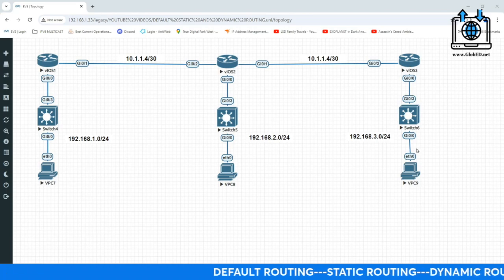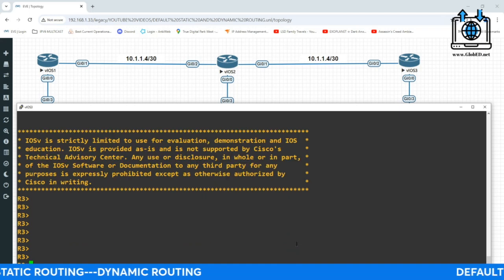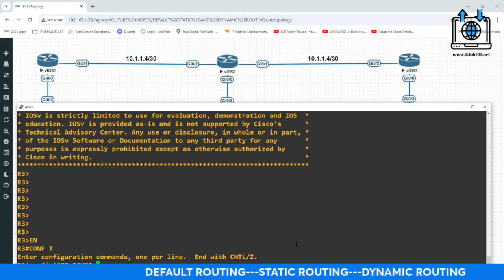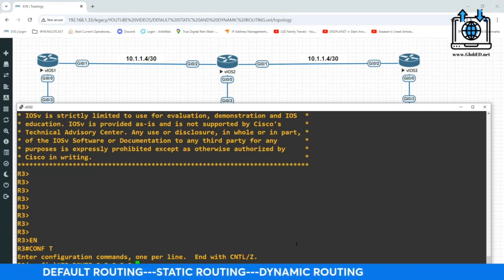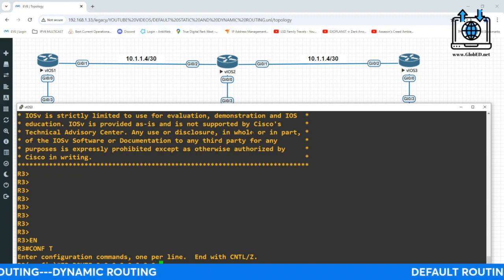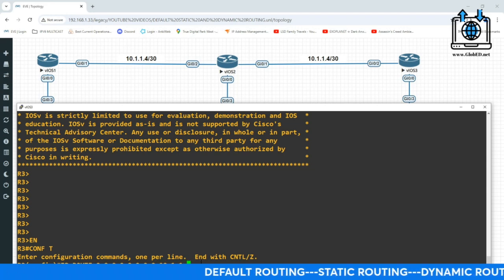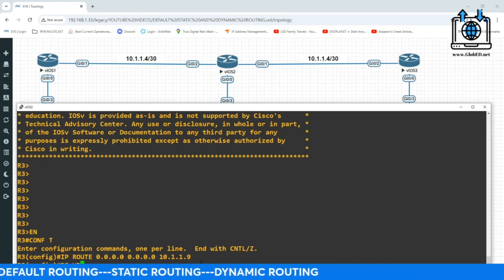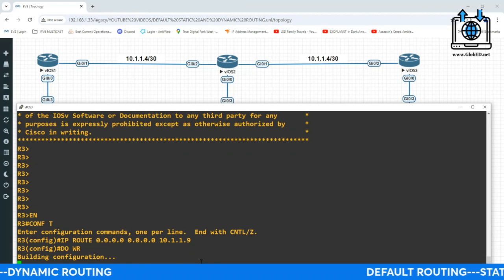The same thing is going to happen on this side. Same result. So let's go ahead and configure it. Let's go to router 3 and create a default route, a gateway of last resort. IP route, match whatever network, match whatever mask, and send it to my neighbor. And this is wrong up here. It's supposed to be 9. I'll change it now. 10.1.1.9. It should be 8, I should say. Sorry. All right. That's my default route. Pointing it to my neighbor.